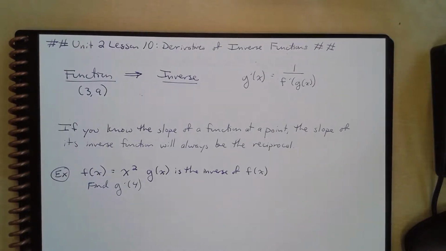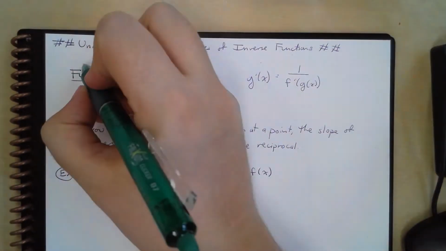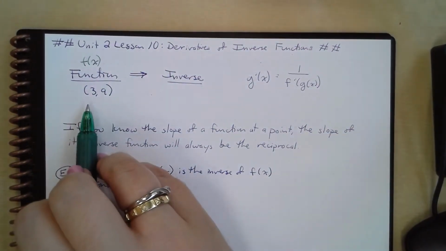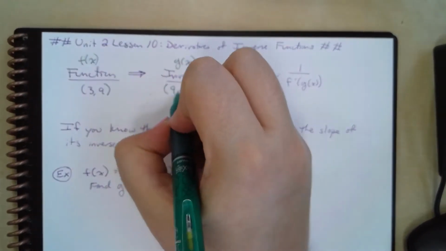All right, so today we want to talk about finding the derivatives of inverse functions. A function and its inverse always have corresponding points. So if we have a function, you can just call it f of x, and f of x has the point (3, 9). Then the inverse function, which I'm just going to call g of x, is guaranteed to have the point